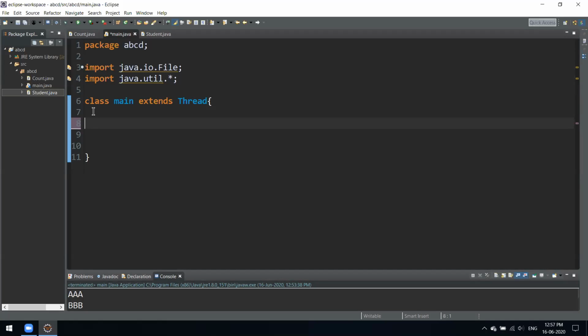Let's see one example of map also. We'll take linked hash map. Hash map is the same as hashing, as I told you, the data is stored in an unordered way. So yeah, now let's see linked hash map. We have to write the main method, and here we'll have our linked hash map.